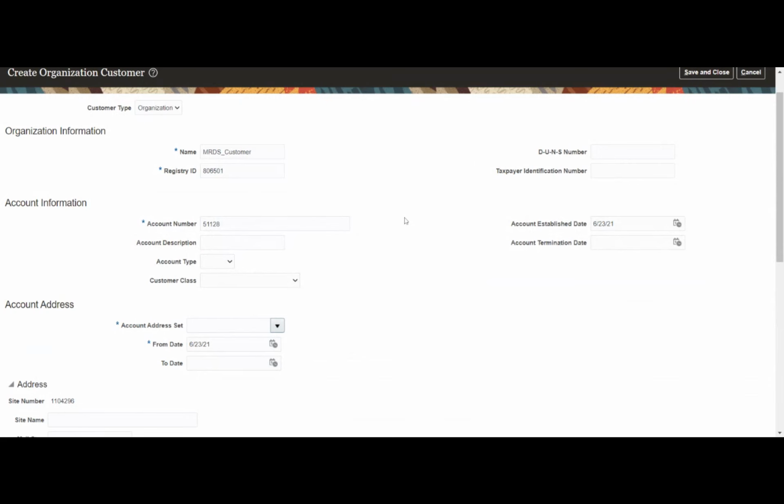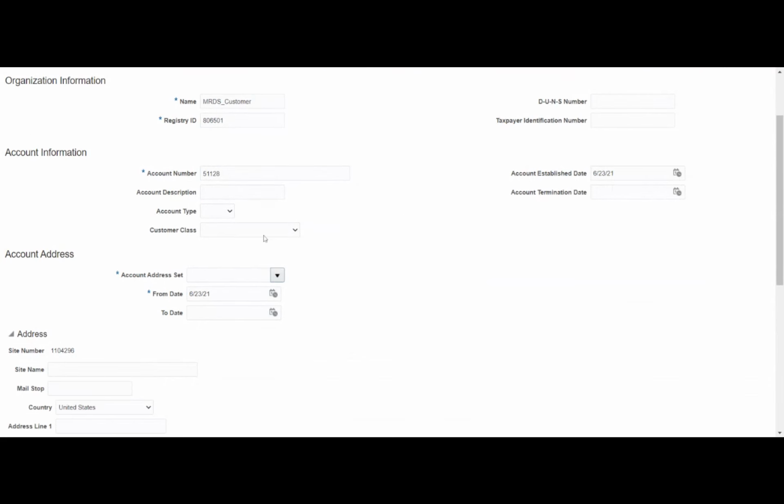Then we have the account number that is generated automatically, and then the account type: either an internal customer or an external customer. An internal customer is someone within the company, and an external customer is the actual customer we deal with for business purposes. Then we have the customer class.